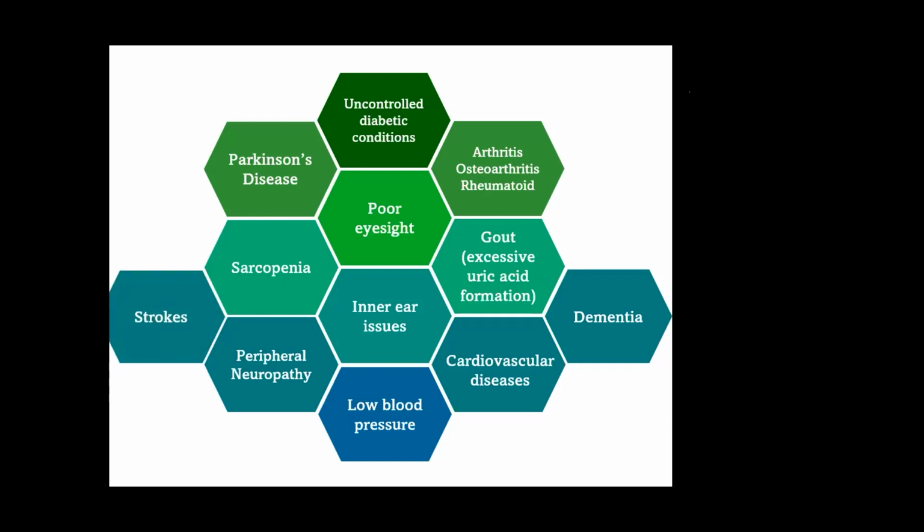Last but not least is stroke. Stroke is a sudden stop of supply of oxygen and nutrients to our brain cells, either due to a blockage or bursting of blood vessels in our brain, causing the brain cells to die. Damage to brain cells is not reversible and may result in vascular dementia and impair cognitive functions. After stroke, people may lose control of either or both limbs, which is a contributing risk factor for fall.